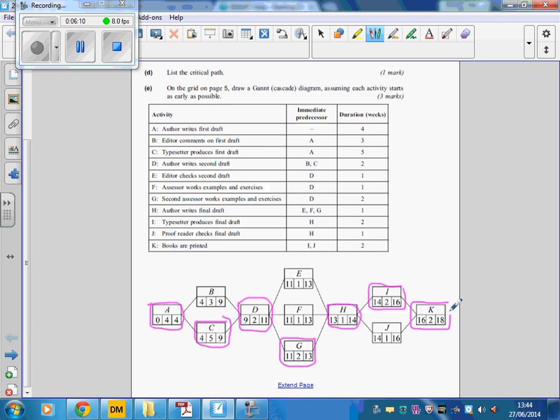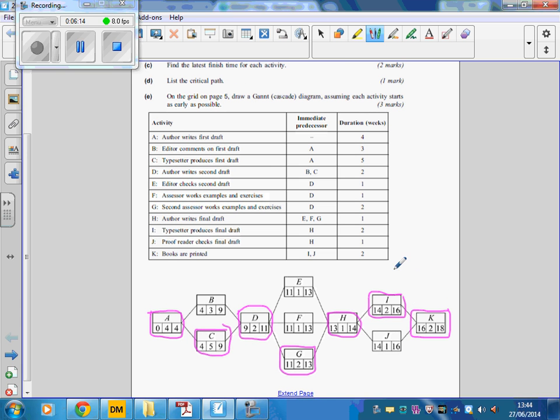Now, when you're doing this, don't just leave your answer highlighted on the diagram. Okay, the highlighting doesn't mean anything mathematical, so we actually need to write the critical path down. So here it's going to be A, C, D, G, H, I, and